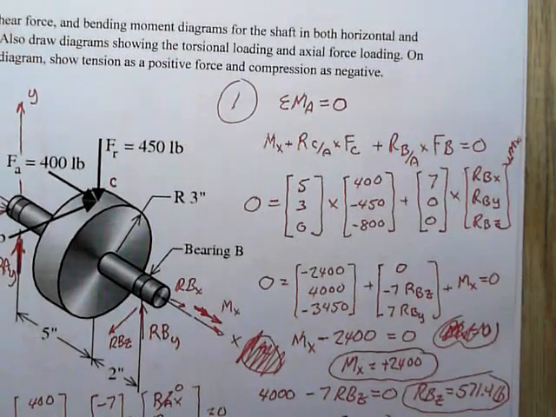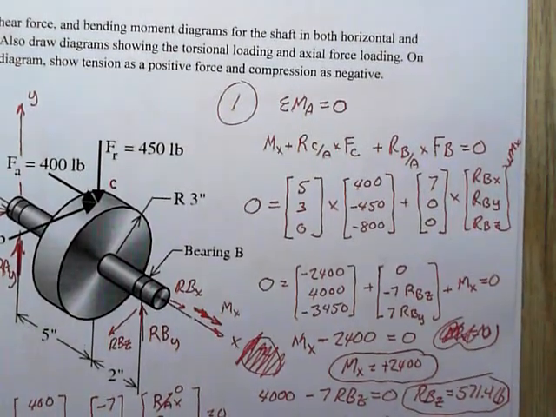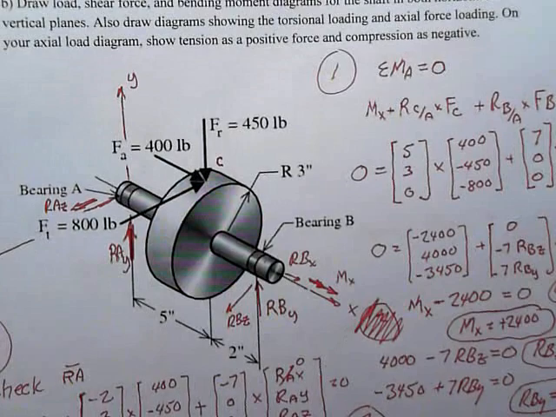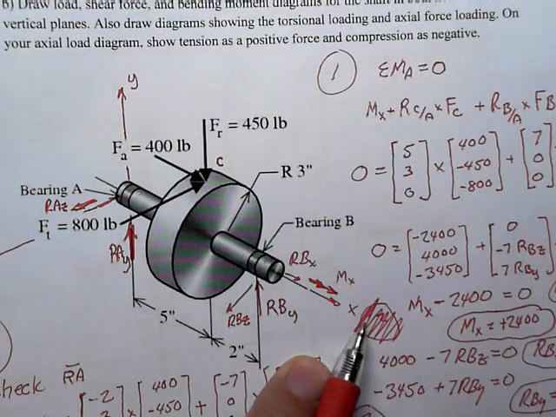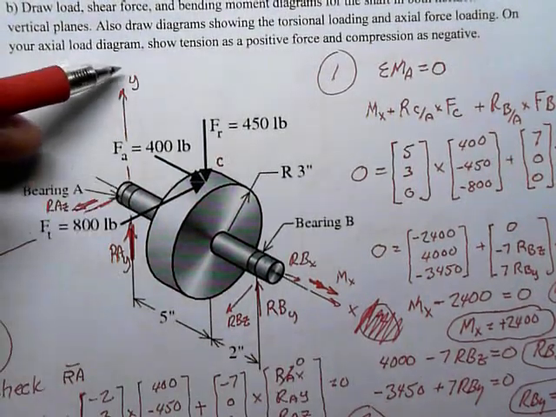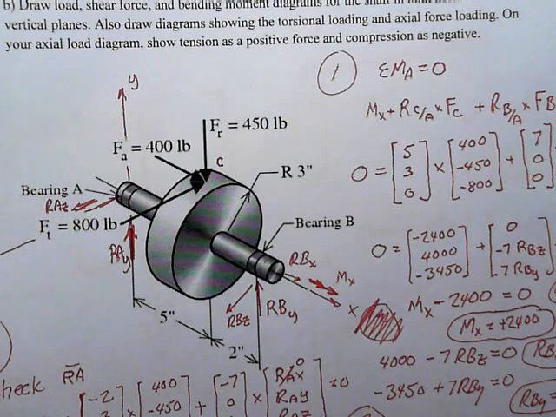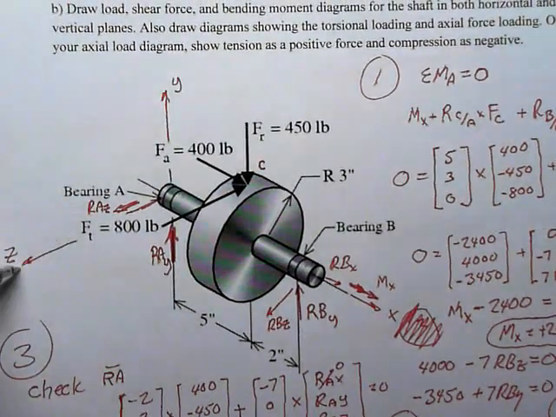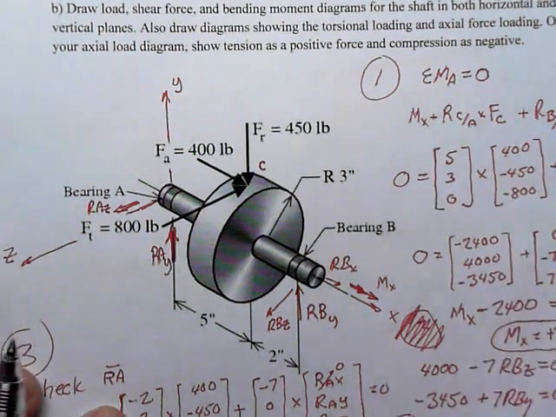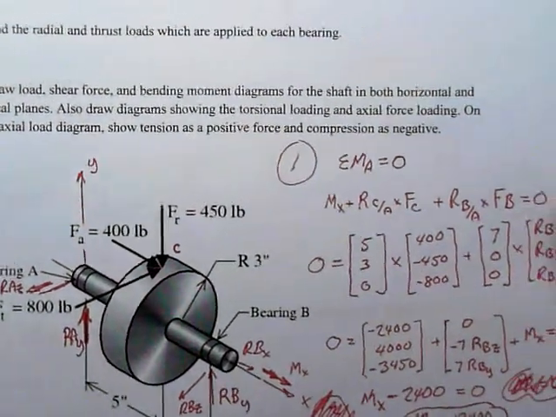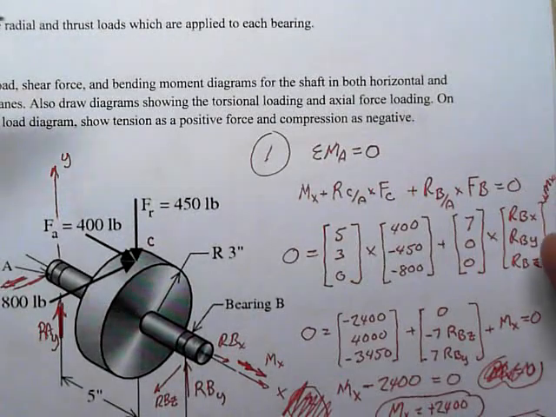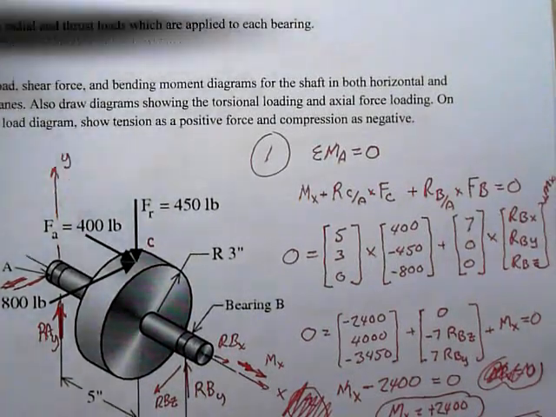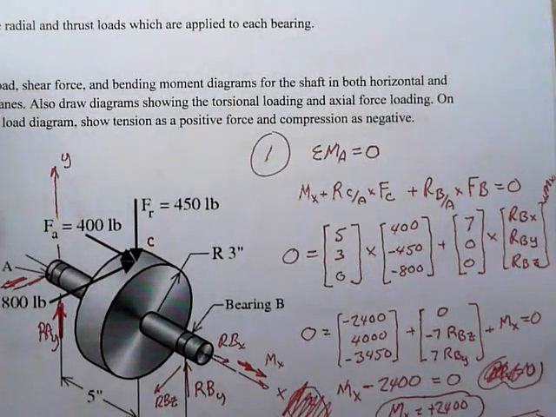The coordinate system that I have picked is X straight down the shaft, Y straight up, and Z coming out toward our left, and that does make it a right-hand coordinate system. Okay, so that's the coordinate system I've chosen. So summing moments about point A, I'm going to have